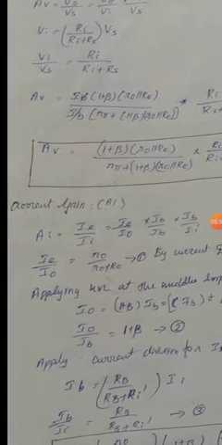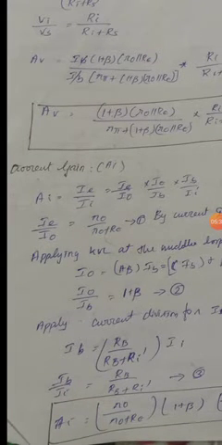So we are calculating the current gain also. The current gain can be given as output current by input current. Output current is the emitter current, input current is Ii, which we are giving. So that can be written as IE by I naught into I naught by IB into IB by Ii. So I am dividing that into three parts. When you see your circuit, you are having three loops and three nodes. So we have to go for this one, and first I am calculating IE by I naught.